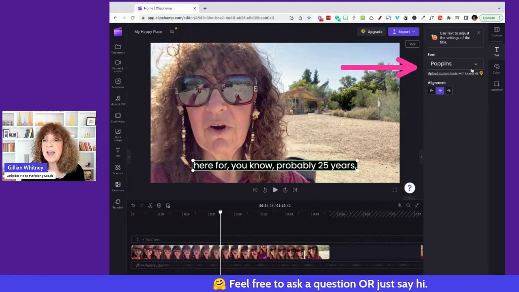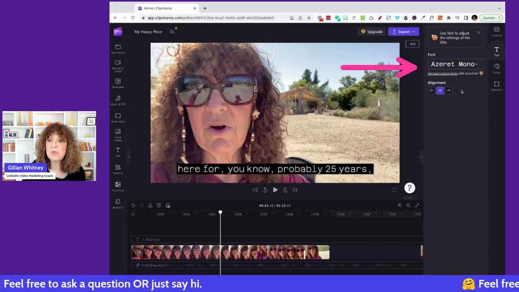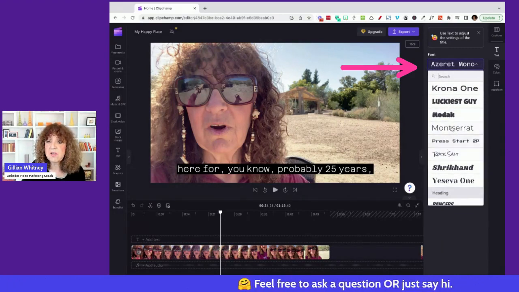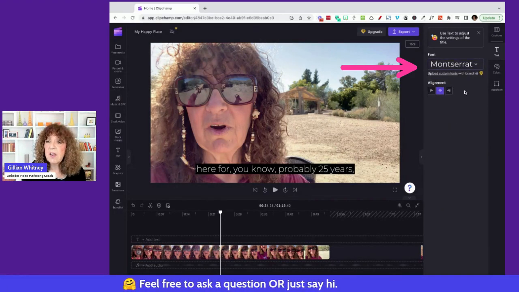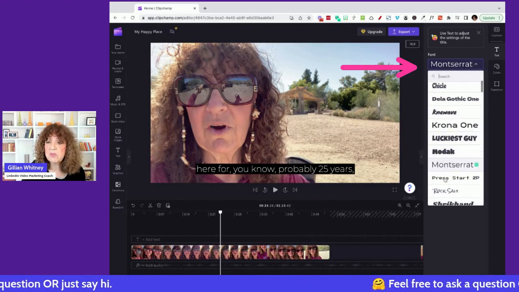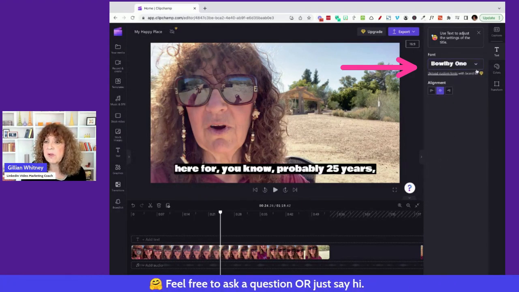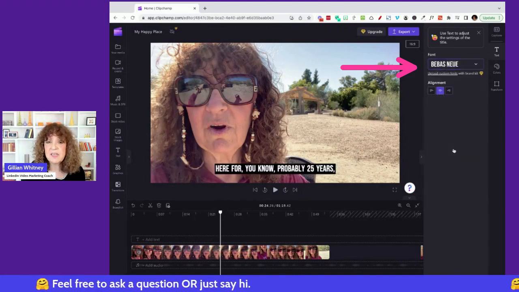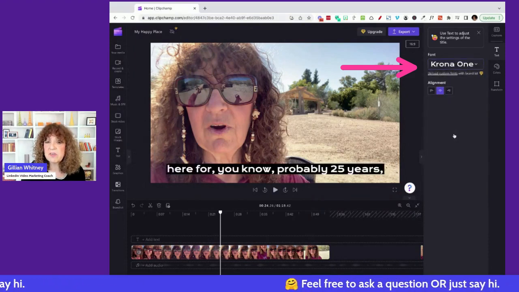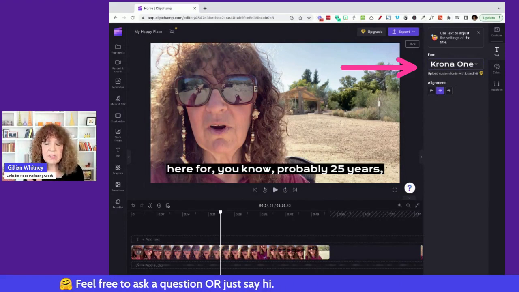Say, for instance, I don't like pop-ins. I want to have a different font. I can come down here and choose whatever crazy font. Maybe I just want something plain, who knows? So you can come through here and choose any font you want. I'll just pick this one. Oh my gosh, that's too hard to read. Let's see how that works. I don't think I would use that either. Sorry, I should have figured this one out first. Let's just go with that. Okay, so at this point, I have a totally different font now.